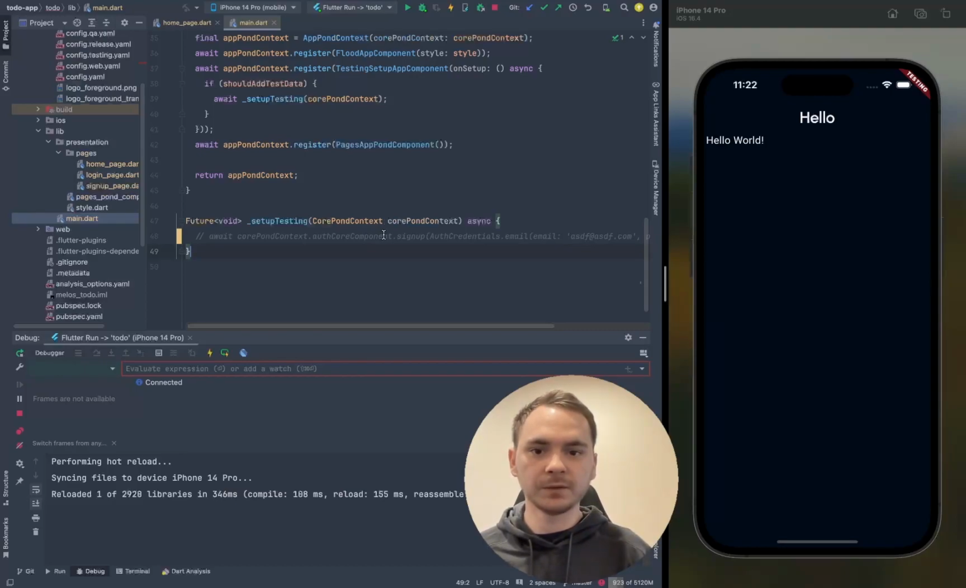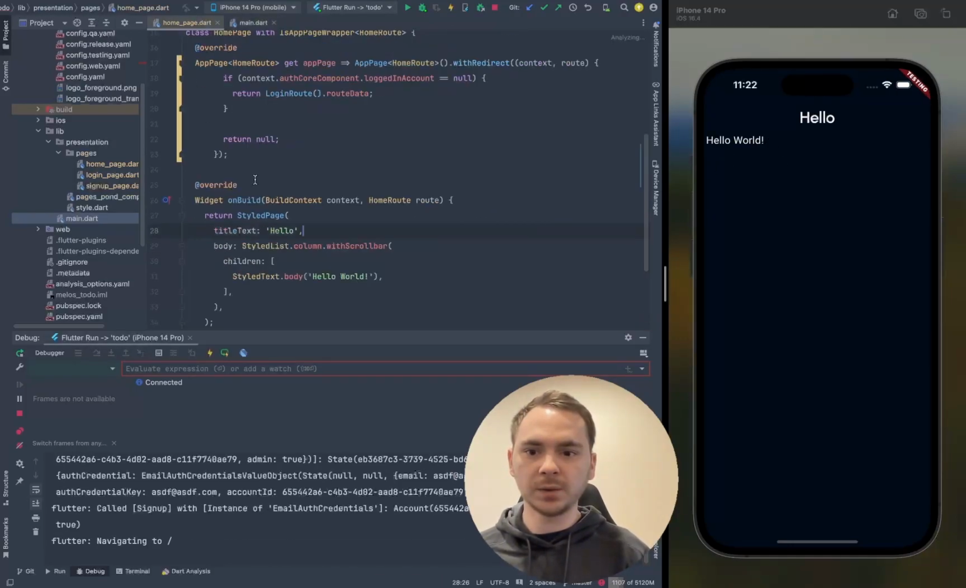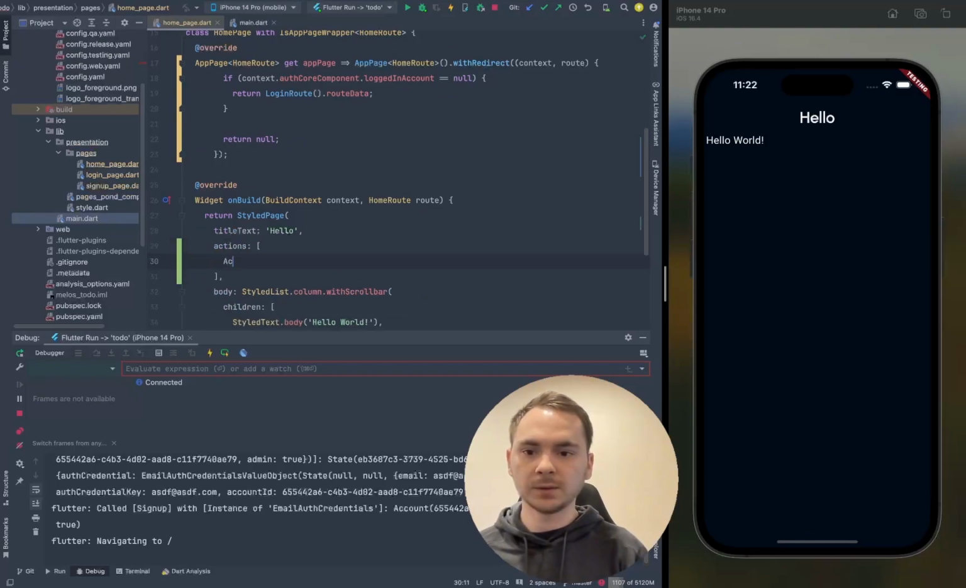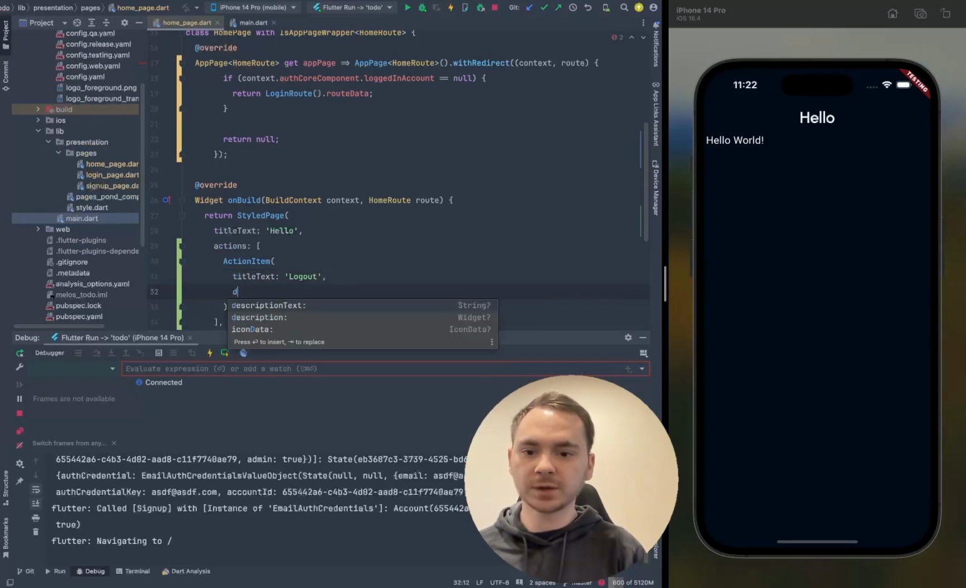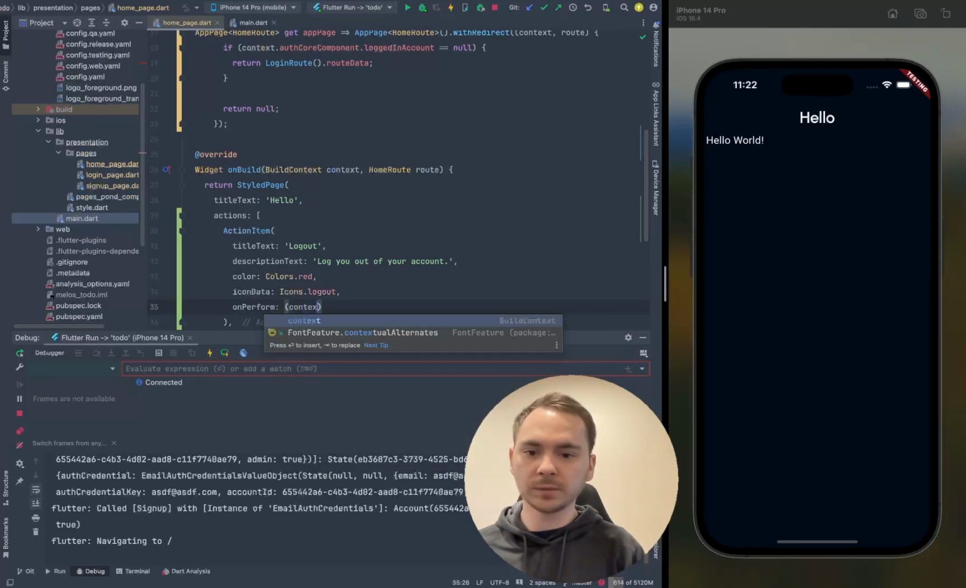login page. First, let's go ahead and uncomment this code so that whenever we start the app in the testing environment, we've got an account already created for us. And then from within the home page here, we can go ahead and add an action. An action will show up as part of a menu button that appears in the top right of the page. We'll add an action item. Its title text could be log out. It could have a description text of log you out of your account. It can have a color of red, an icon data of icons.logout, and then whenever you perform, you're given the